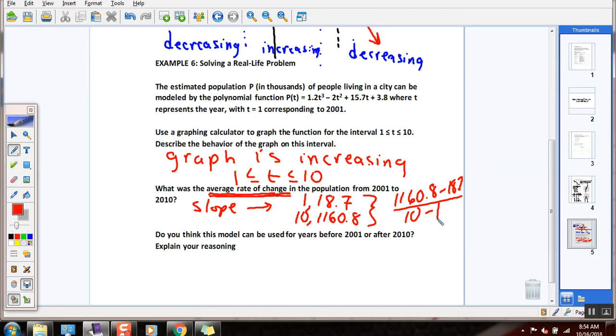Wasn't our graph increasing? Okay, so it should be positive, right? Oh, wait, hold on. Got it, Maddie? Is it 126? I love that. Slope is 126.9. So the average rate of change is 126.9. It would be people per